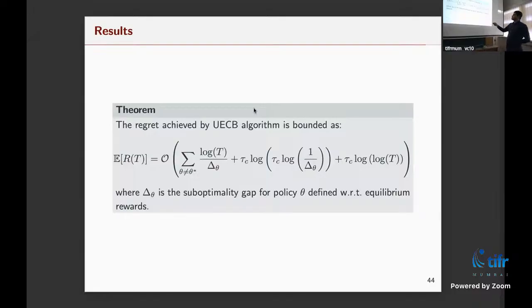And even for the tau C term, we have shown a lower bound which says that this regret is optimal up to log factors in tau C. So yes, there is scope, but not a lot. Is it correct to say that you cannot improve the first term, even though you have so much structure, that as tau C increases you have very bounded noise, which is exponentially going to zero? But consider the case where tau C was